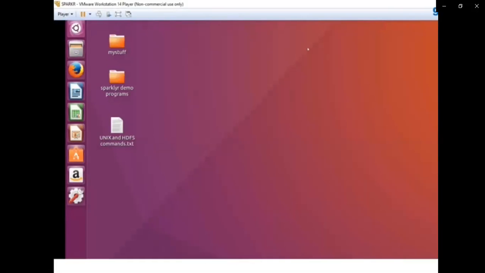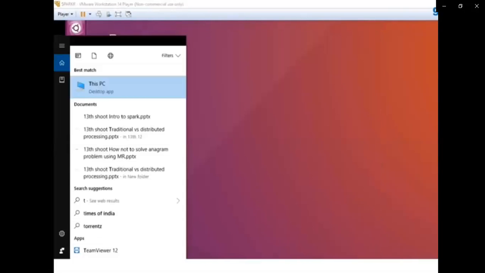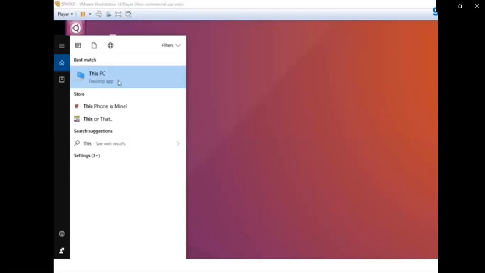Now, if you go to Windows and click on This PC, let me show you the difference. Just switch to Windows once here and click on This PC.